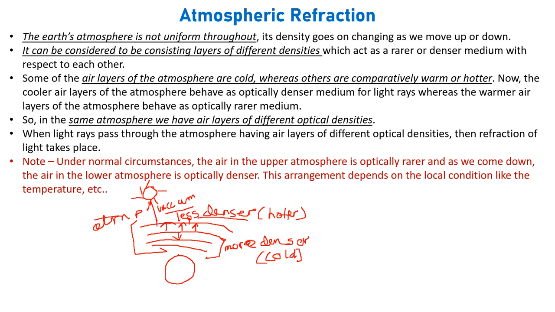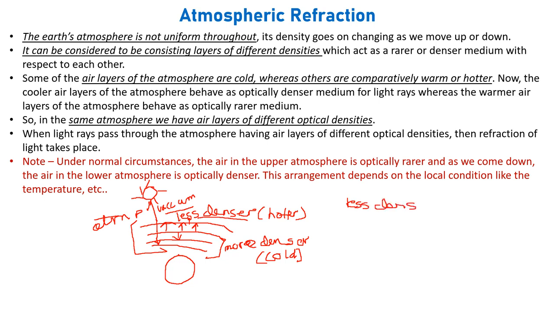Once it enters the atmosphere layer, its velocity changes. And when velocity changes, definitely there will be a refraction. So there will be continuous refraction taking place in the atmosphere, because the density of the air is changing continuously. So light is moving from the less dense medium